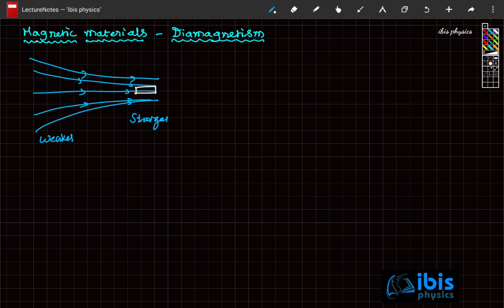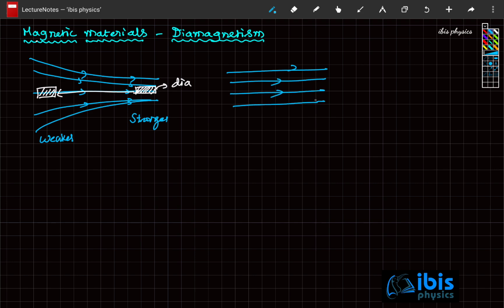Suppose you keep any material here, and this material goes from the stronger part of the field to the weaker part of the field, then this material is a diamagnetic material. Why is it so? Suppose there exists a uniform magnetic field, let's say like this, the lines of force are parallel to each other. Now if you keep a diamagnetic material, this diamagnetic material will develop magnetism in a direction opposite to the external